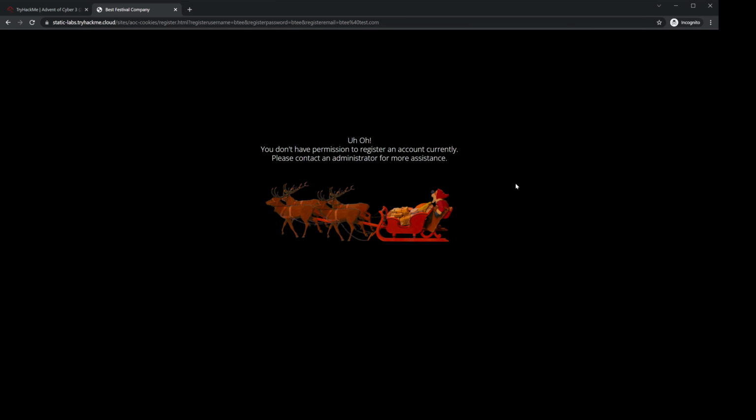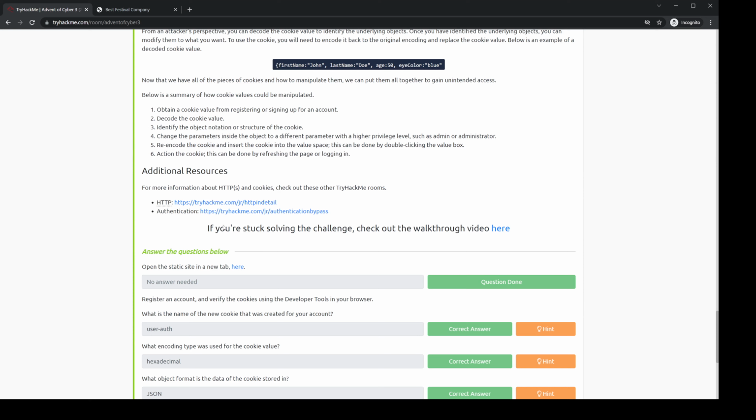So it's trying to tell us we don't have the right privileges to sign up to this account. It is only an administrator that can sign us up. So what this says, if you went through this whole thing, in order to get the next question, it says, what is the name of the new cookie that was created for your account? After you're done with this, you click done. You come here, it says, what is the name of the cookie that's created for your account? The way, if you went through